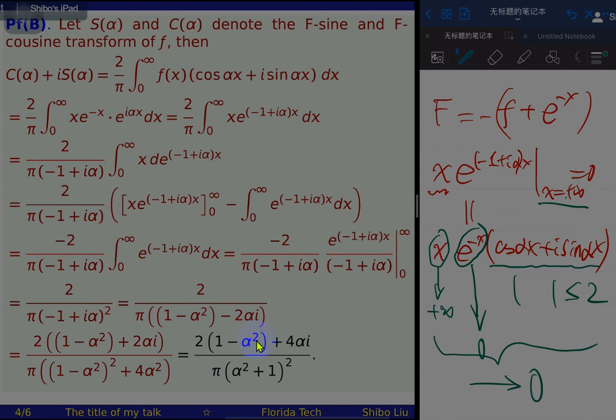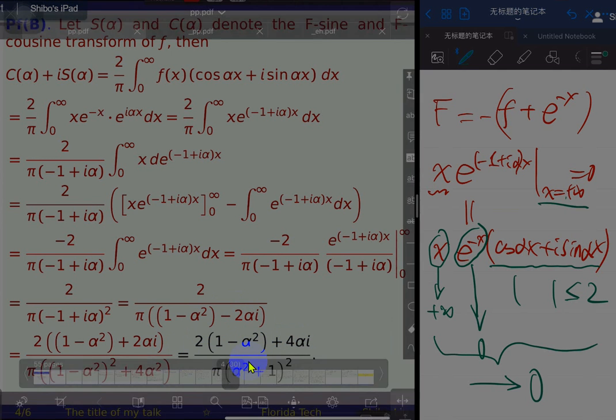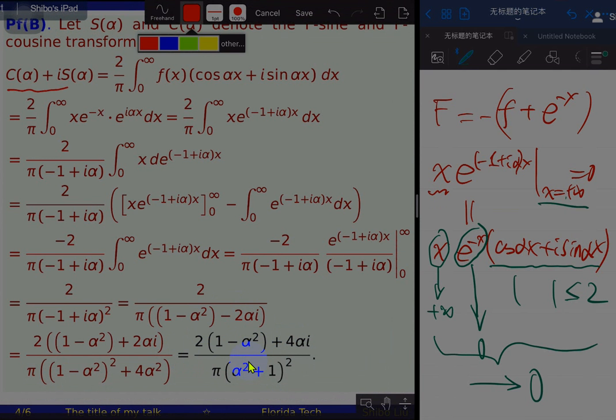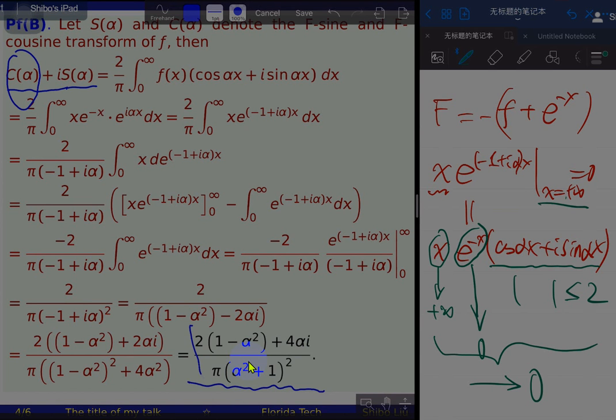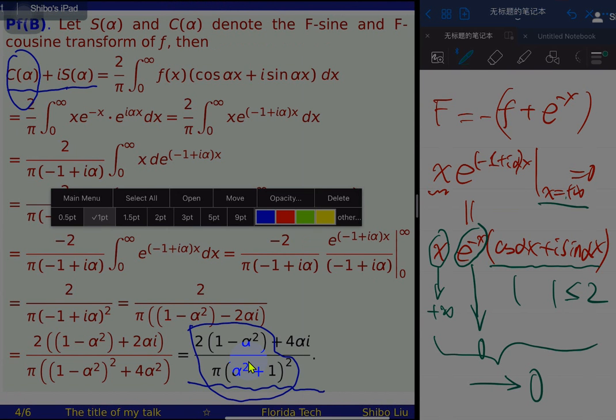Then you split this into real part and imaginary part. So you compare the real part and the imaginary part of your left hand side and the final result on the right hand side. You see that the Fourier cosine transform equals this. Okay, and the Fourier sine,